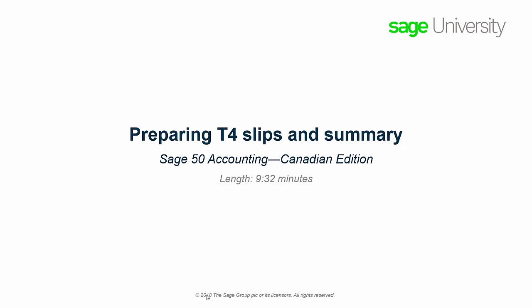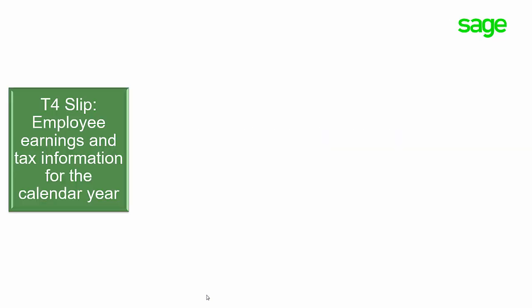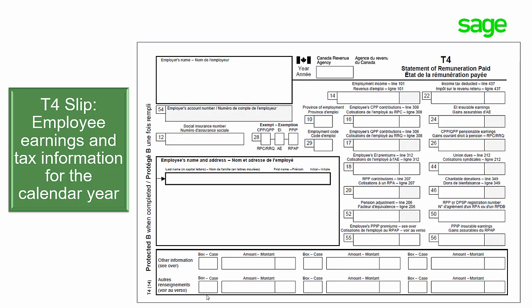Over the next few minutes, we will show you how to submit T4 slips and summary to the Canada Revenue Agency and how to print them out for employees. T4 slips show the employee earnings and tax information for the calendar year. You must submit the T4 slips to the federal government and to employees after each calendar year, usually by the